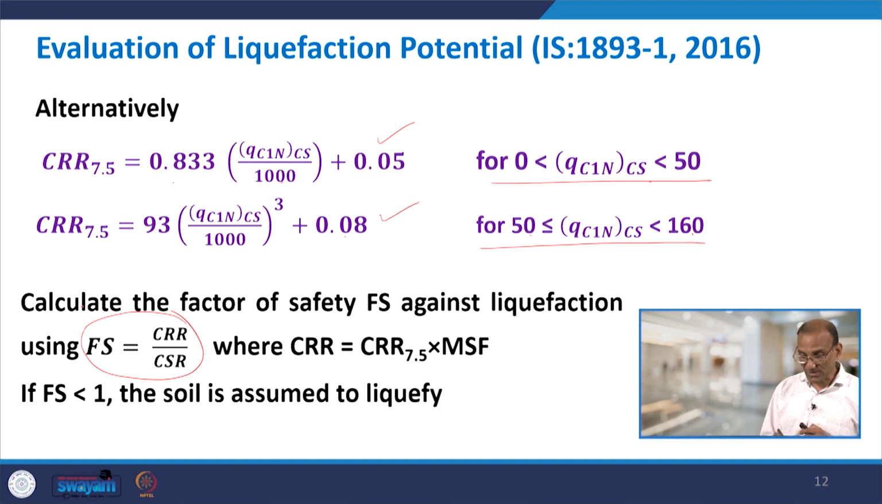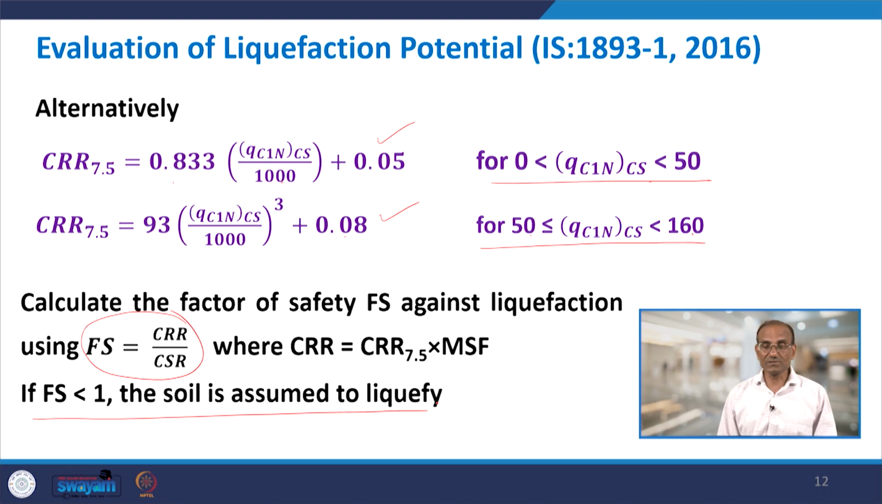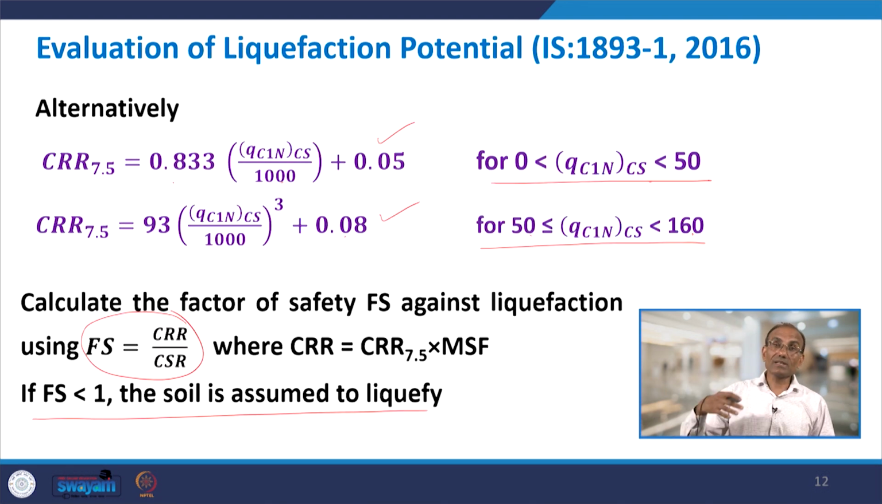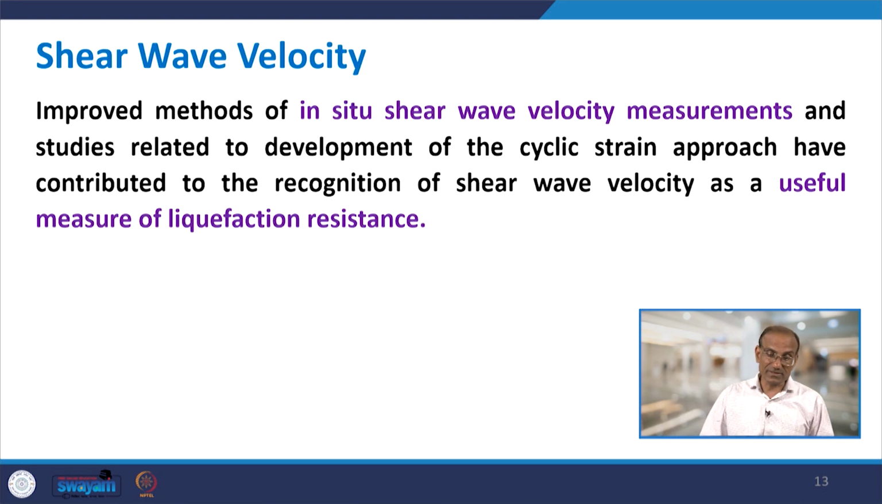If your factor of safety is less than 1, then the soil is assumed to liquefy, otherwise we say there is no liquefaction. So this was based on what we call the CPT data. Similarly, shear velocity data can also be used. Improved methods of in-situ shear velocity measurements and studies related to the development of the cyclic strain approach have contributed to the recognition of shear velocity as a useful measure of liquefaction